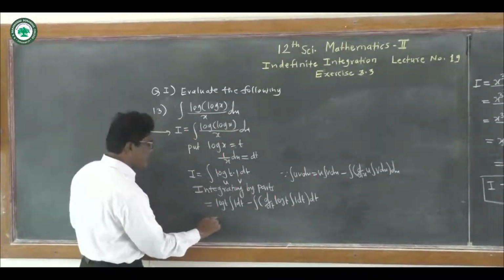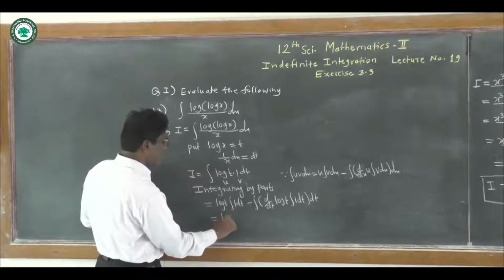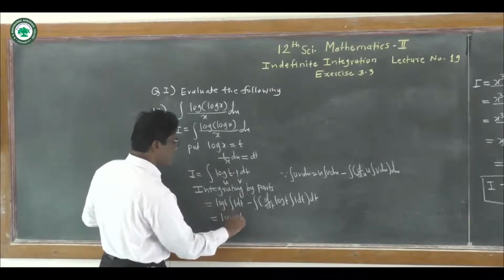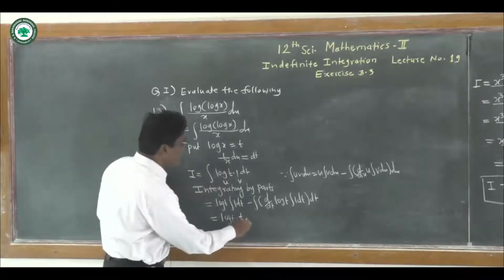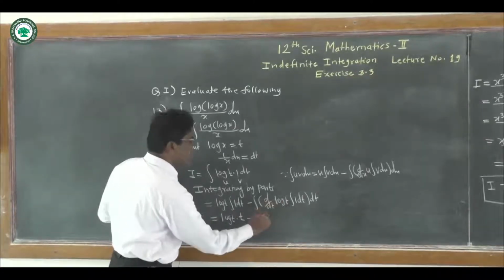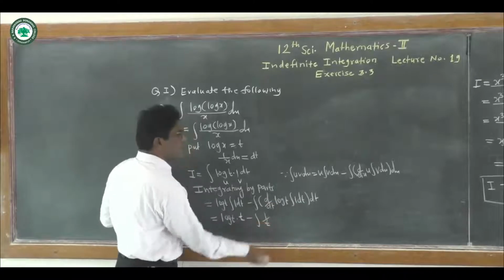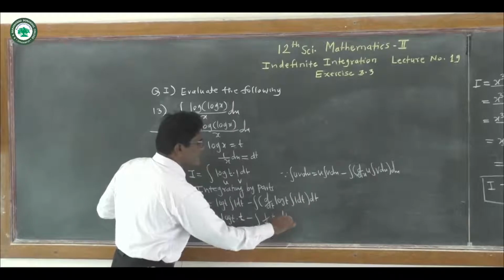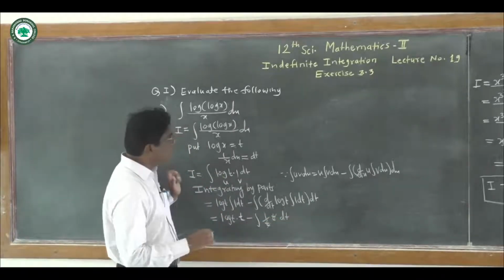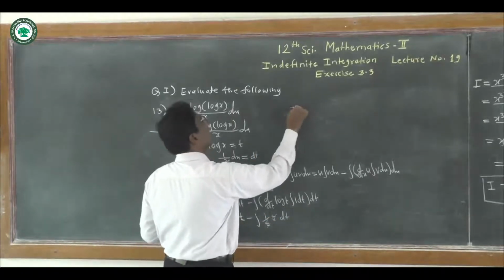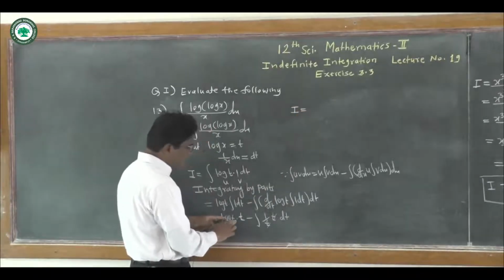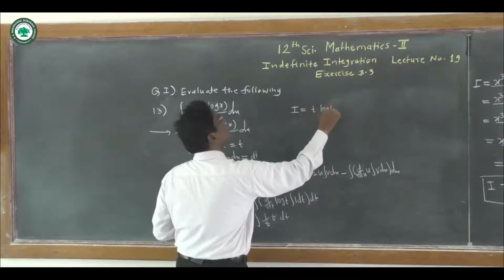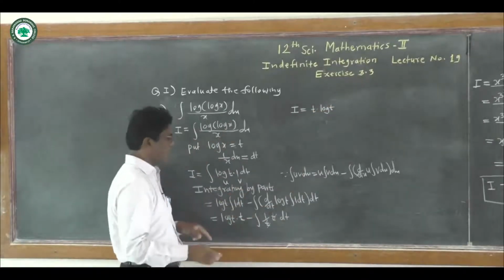And so here it is equal to log of t as it is, and integration of 1 dt is t minus integration of derivative of log of t is 1 upon t into integration of 1 dt is t and this dt as it is. Now this t and t get cancelled. So we get here required integral I is equal to log of t into t. We write t into log of t. Firstly we write this t and then log t.